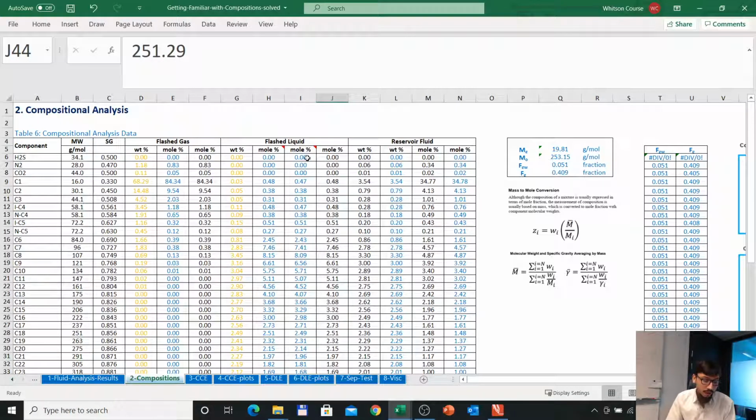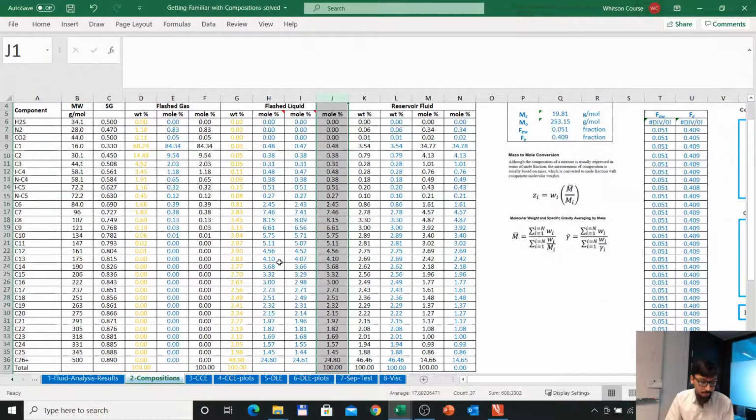So here what Matthias tried to do is to calculate the mole percent both using the calculated molecular weight and the measured average molecular weight, and you see they are very close, not a big difference, because the calculated and the measured molecular weight were pretty close. And again, you can compare these calculated values with the lab data, and they should be similar. Okay,